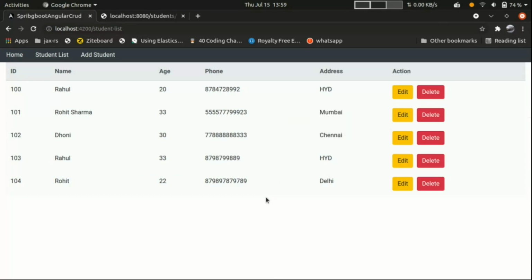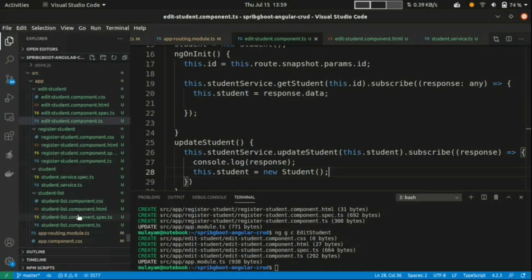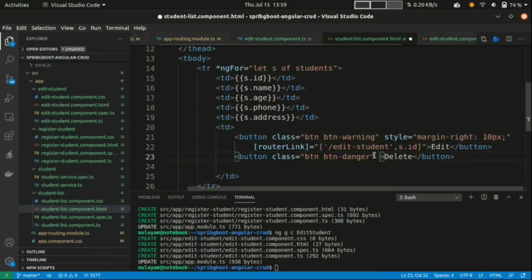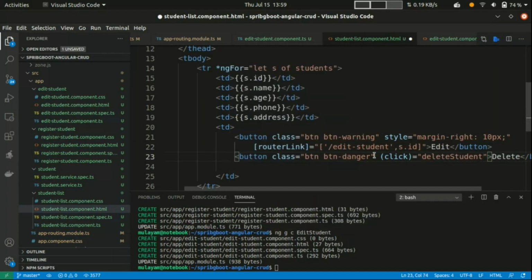So what we did, we added the functionalities to show the student list, add student, edit student, and the next thing is delete student, which is very simple. Just we have to add an event here. In student list, on the delete button, let's add one click event and call deleteStudent.